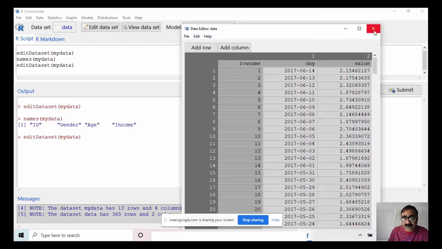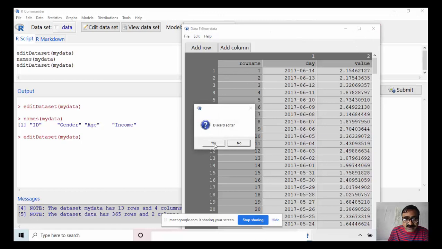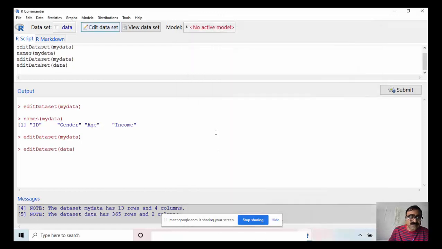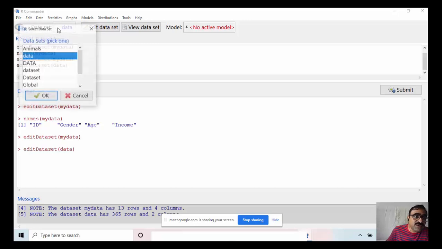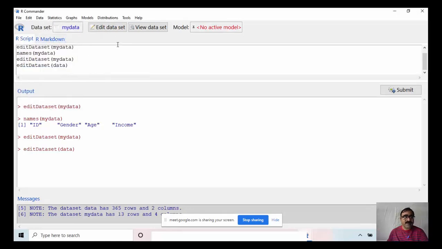Otherwise you can cross, discard edits. Yes. Now here, in the data set, it is highlighted in deep blue color, that is data. To work with my data, I have to select the data set.